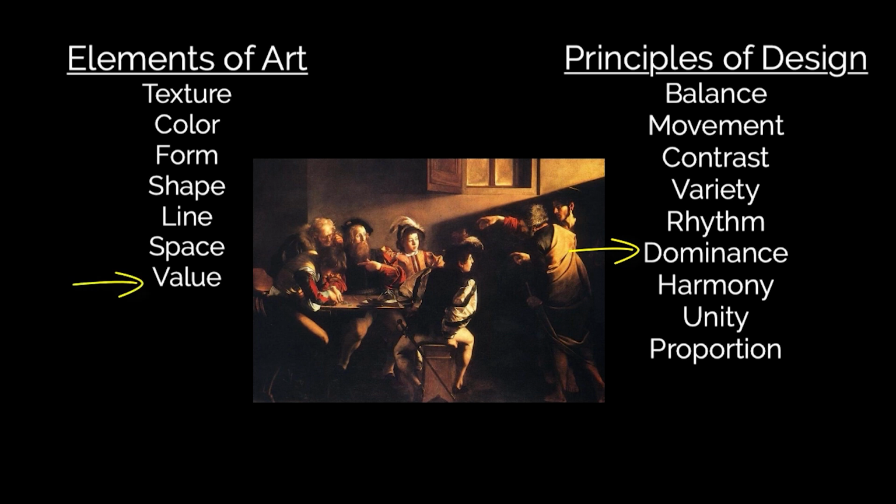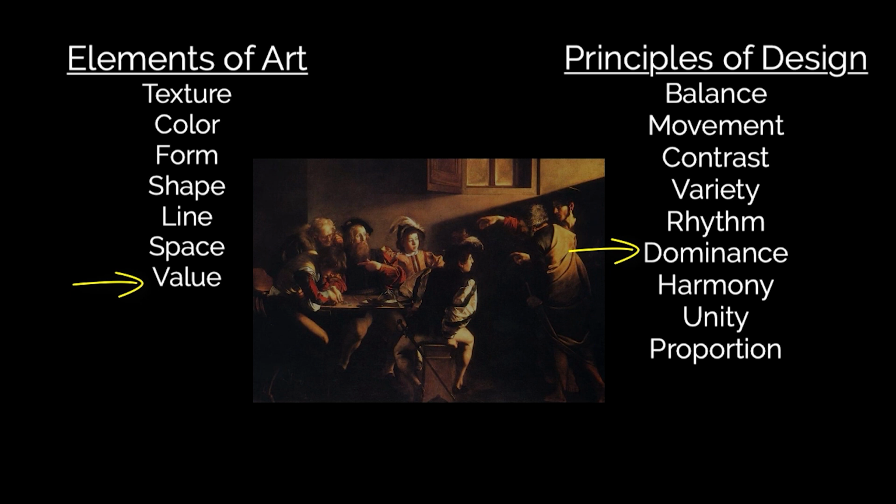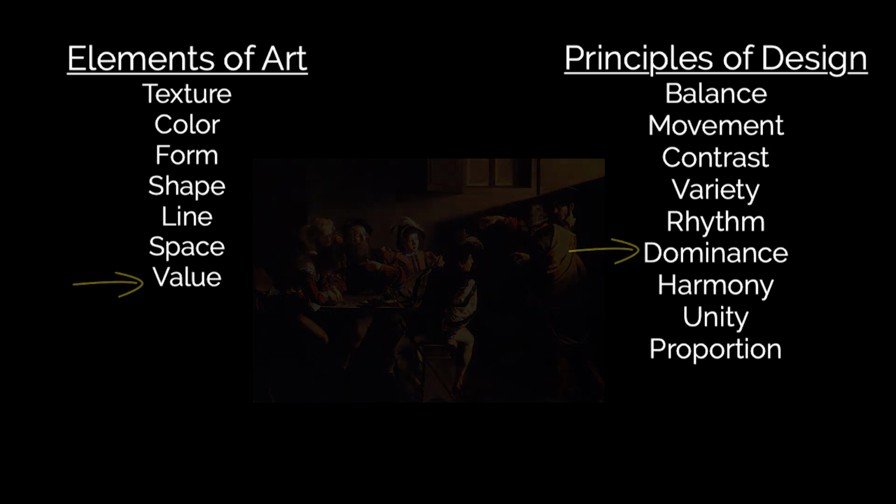A lot of people might want to say there's dominance in color, but it's not the color that's standing out, it's the brightness of the white. So whenever you use the words bright or dark, you're really talking about value and not about color. So look for those words to come out of your mouth, and if they do, then you want to be talking about value. So here I would say that there is dominance in value because of the way that the whites stand out in the piece and cause my eye to go directly to that portion of the artwork.